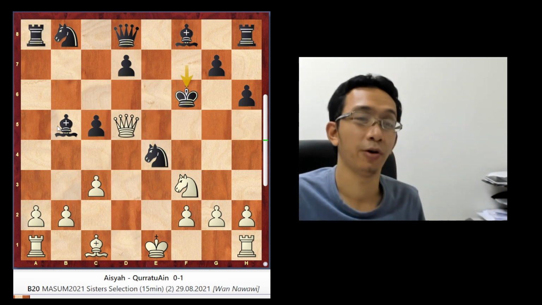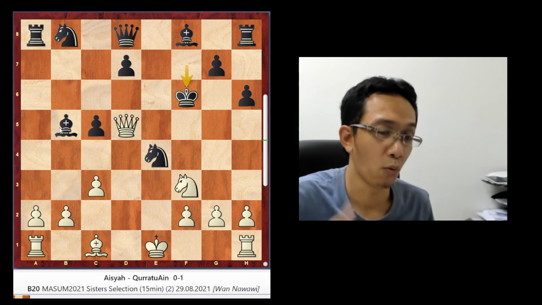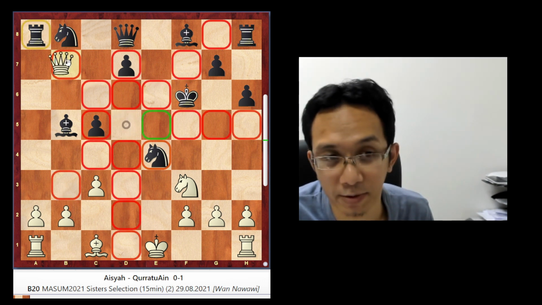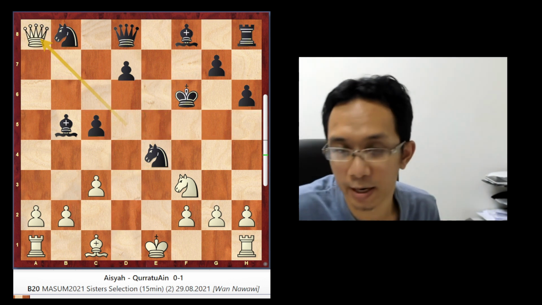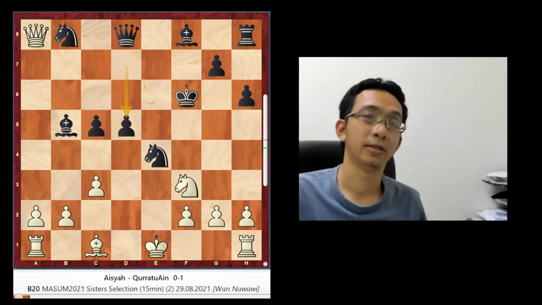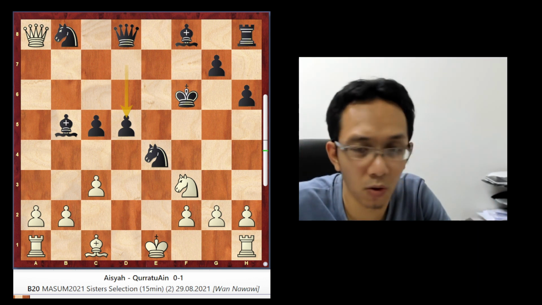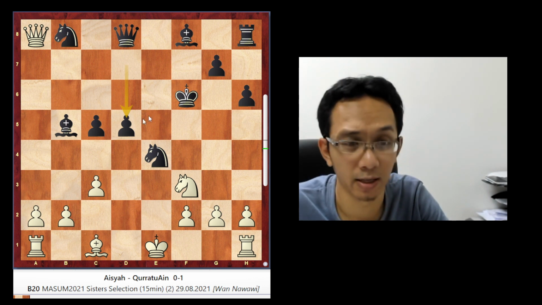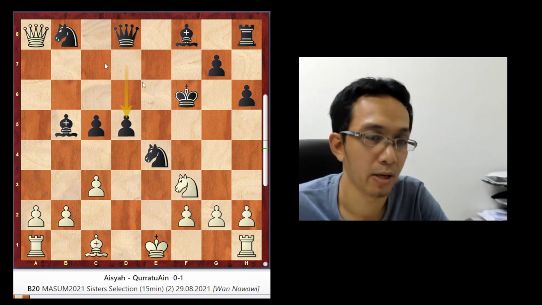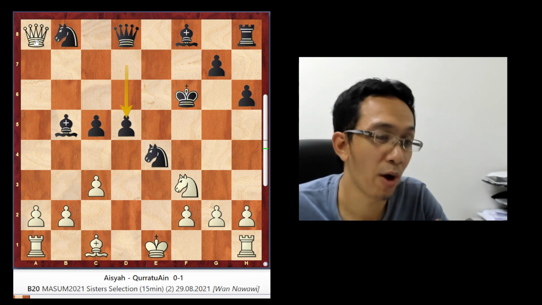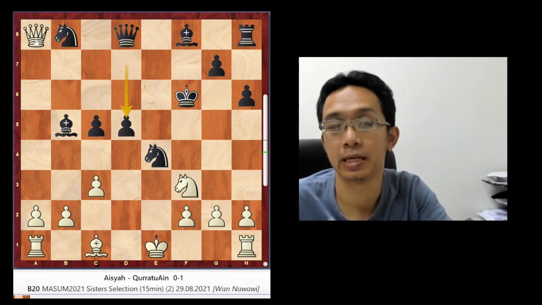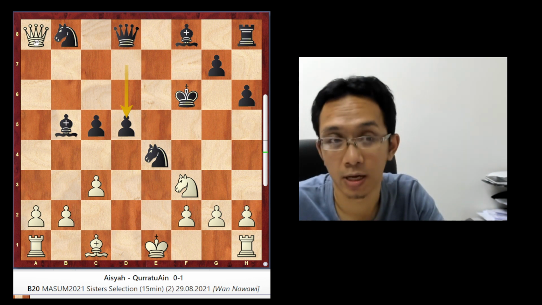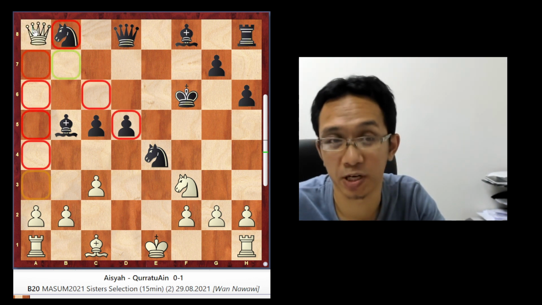Remember, black already gets a lot of pieces because white is giving free pieces. If white captures here, then white can simply go, and black will have the advantage because you have the center and so on. Even though he loses the rook, white already gave a lot of pieces previously. So here we can say black has the advantage even though the rook is captured.